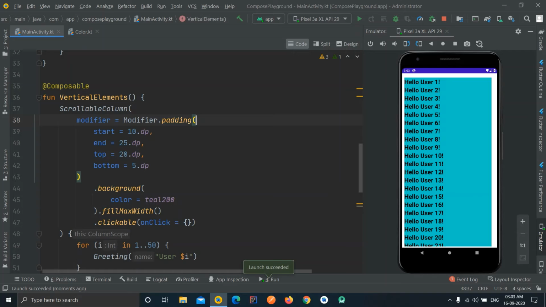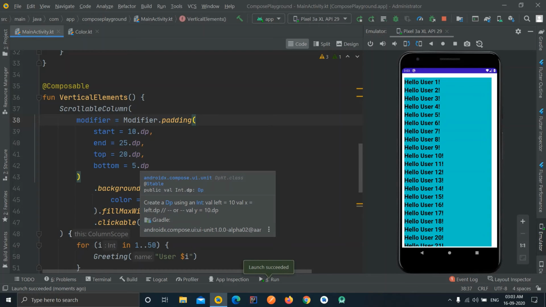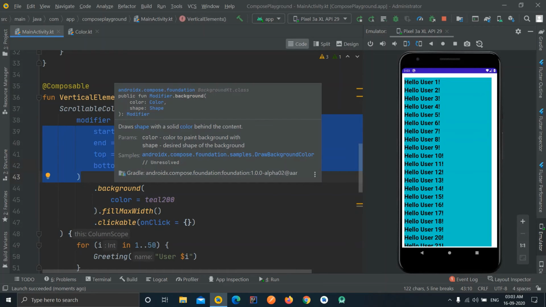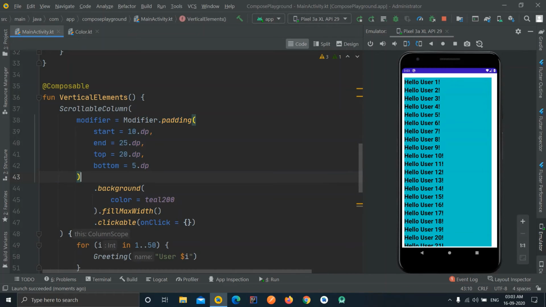Yeah, as you can see the new output over here, we have all the margins that we have defined over here. Start to be 10, end to be 25, top to be 20, and bottom to be 5. So this is the way it works. If I have defined this padding after setting the background color, then the background color will be set for the whole thing, and then the paddings will be applied.